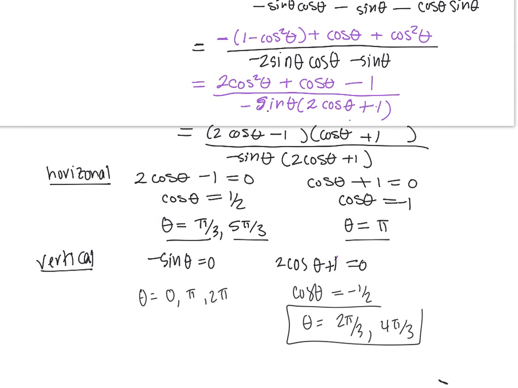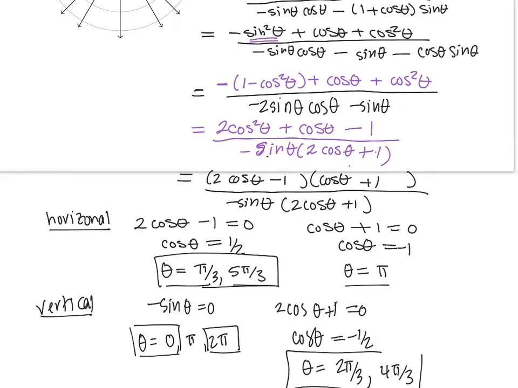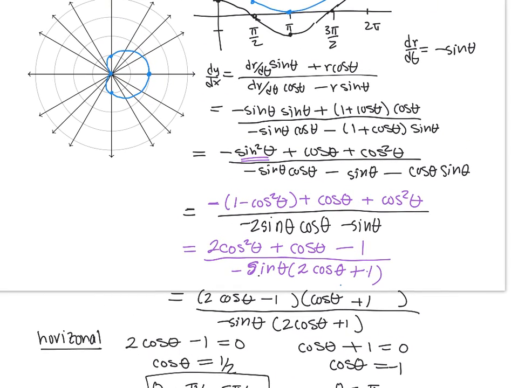Now the one tricky thing here, I'm putting boxes around what's okay and no boxes around what's not. Theta equals pi is a problem because at theta equals pi, we're saying we have a horizontal and vertical tangent. Which one is it? You can use your picture to make a guess. So let's pull that picture down. At theta equals pi, which is this point right here, it appears to me at least that that tangent looks like it's going to be more of a horizontal thing than a vertical thing,